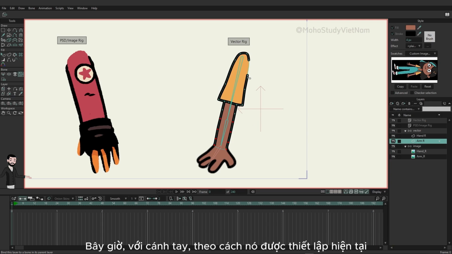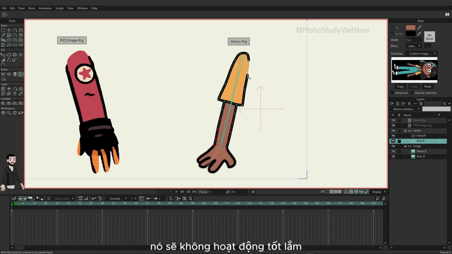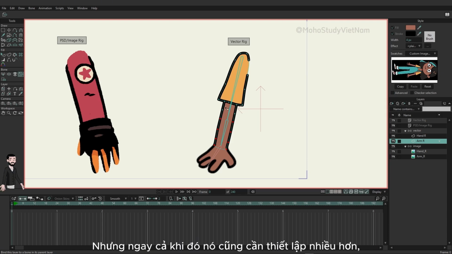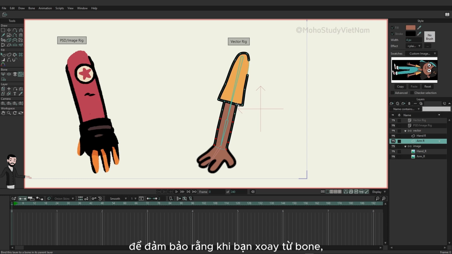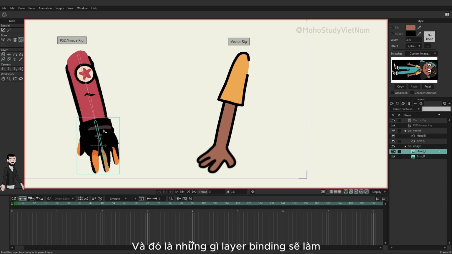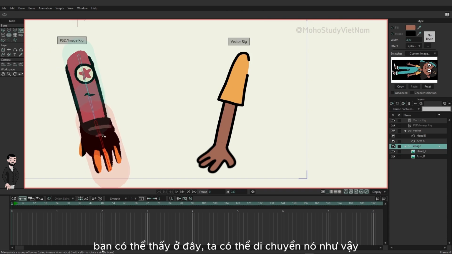Now for the arm, the way it's set up right now, this isn't going to work too well because the arm is on one layer. Now if you had perhaps the sleeve down to the elbow on one layer and then a second layer, you could try to bind those layers and then work with that. But even then, it requires a little bit more setup, rounding off your edges to make sure that when you rotate from the bone, everything is going to look good. And that's what layer binding will do though. You can come in here and just layer bind this hand. So then when you go ahead and try to play with this, you can see here that we can move